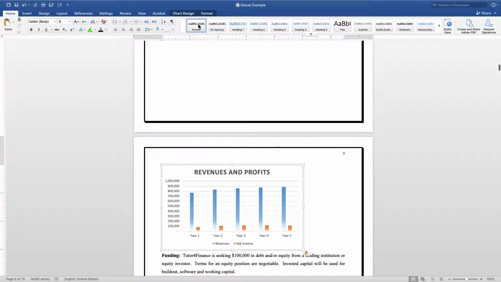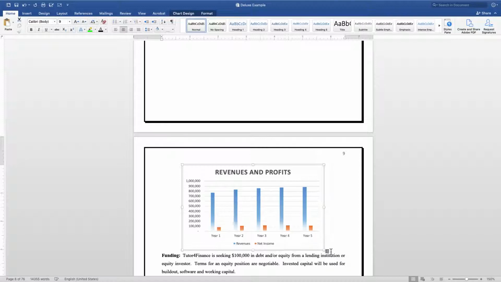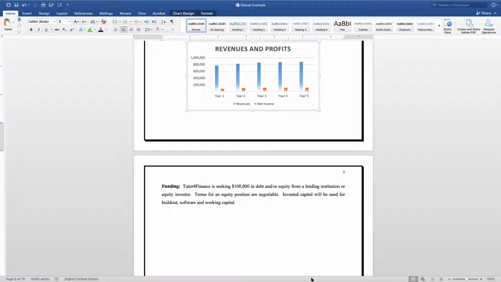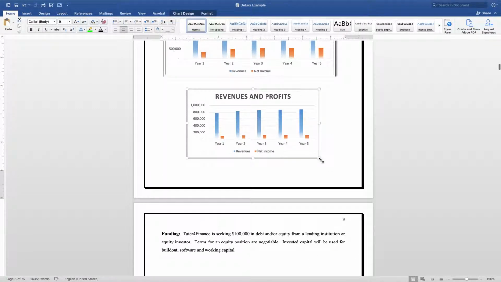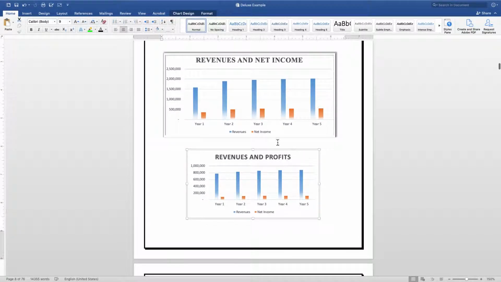And so now that we've got that, we can center up the graph, and we can shrink it, or we can adjust the size of it as well by going to the bottom right hand corner and moving it up or down. So hopefully this information is helpful on how y'all can create a revenues and profit chart